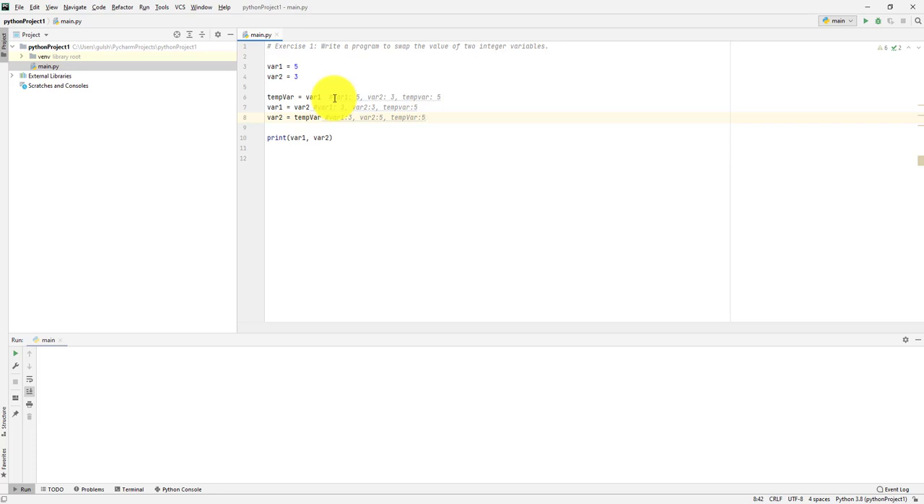Let's try to run this program. And we can see that it is saying 3 and 5, whereas the original value of variable 1 and variable 2 were 5 and 3. So the values of these two variables have been